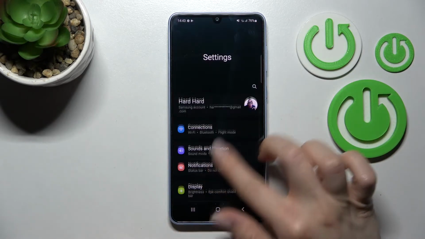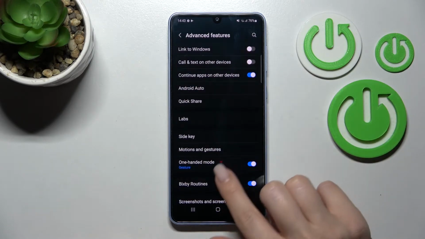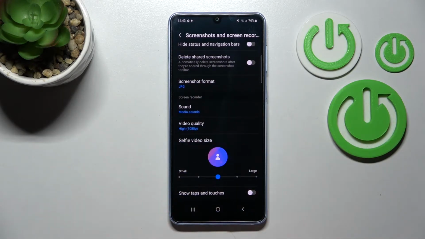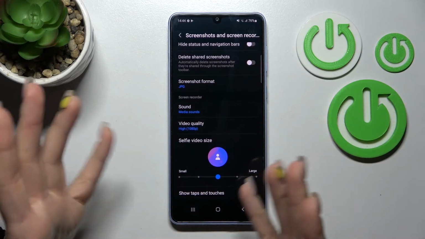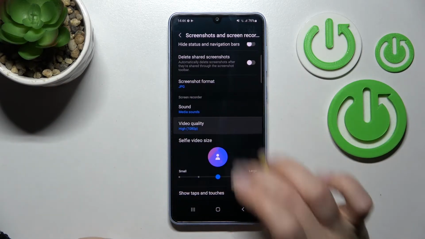We should go into the settings application and scroll to the advanced features. Here you will see screenshots and screen recorder, and as you can see, we have the screen recorder settings. So you just should select the way you'll do that, and to change the